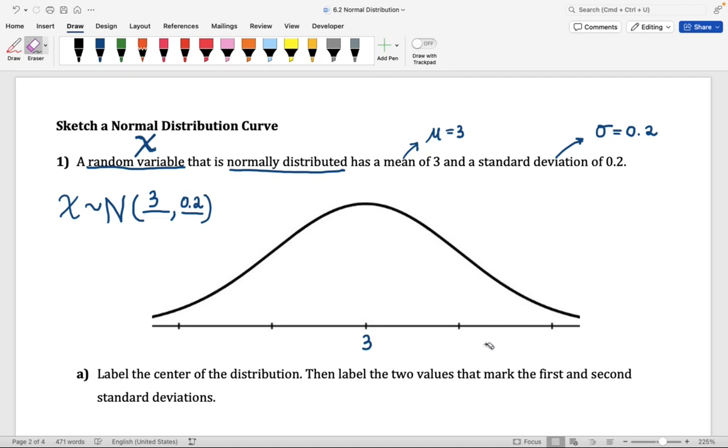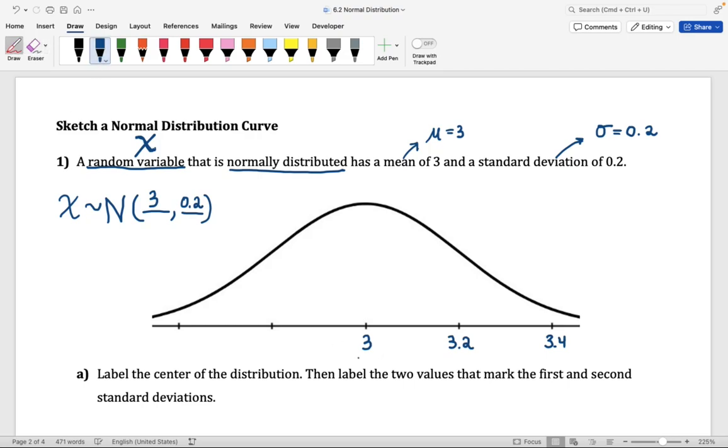So let me go ahead and erase. I'm just going to write 3.2. Now the second standard deviation here on the right, you can go ahead and take 3.2 and add another standard deviation. So add 0.2, or you can also use the formula that we had above where we said, take mu plus 2 times sigma. That is the same thing as taking 3 plus 0.2 plus 0.2. If we go ahead and take 3 plus 2 times 0.2, we're going to get 3.4. So again, you can go ahead and do this in jumps. So 3 plus 0.2 gives you 3.2, plus 0.2 gives you 3.4. Okay? So we can work a little bit faster if we just add sigma every time.